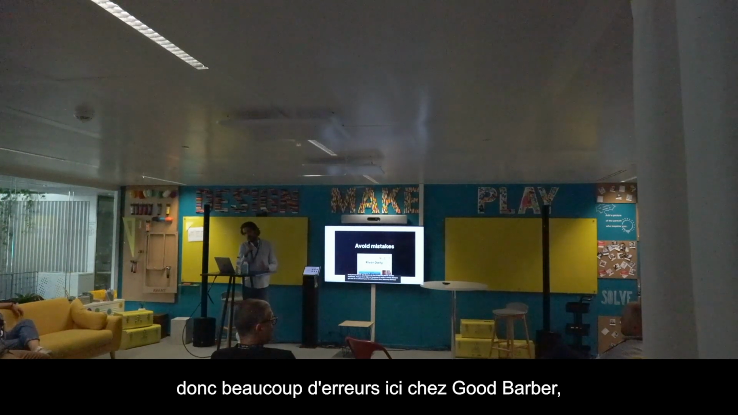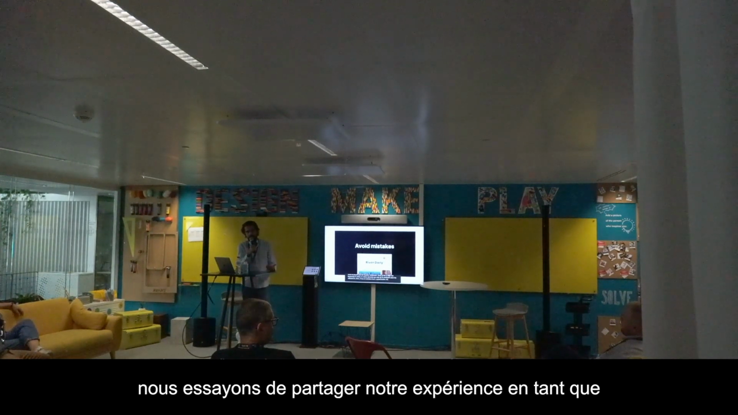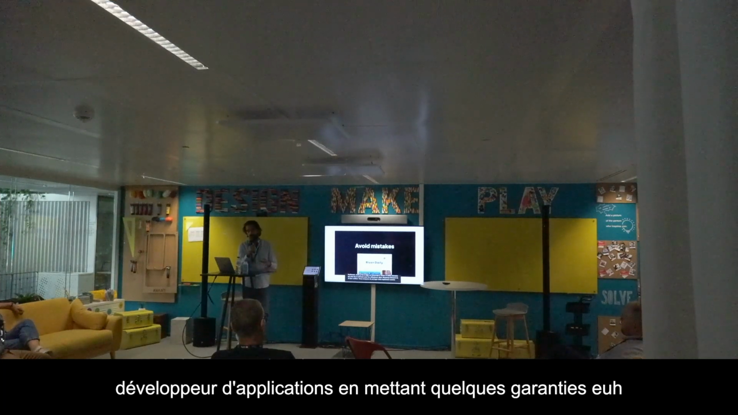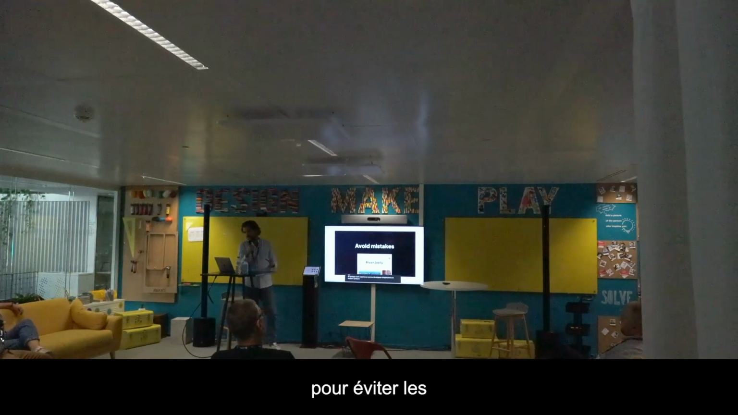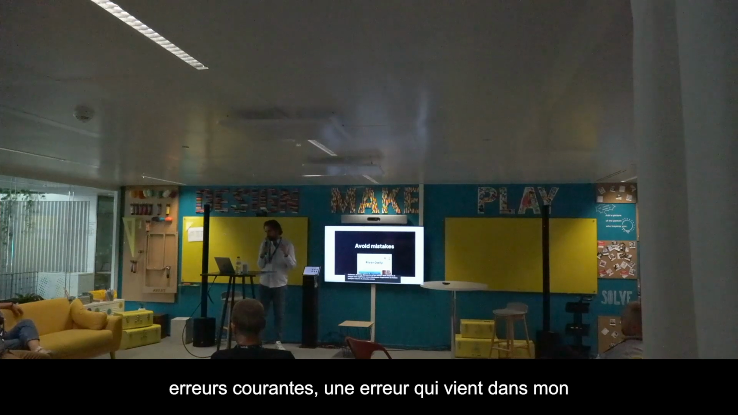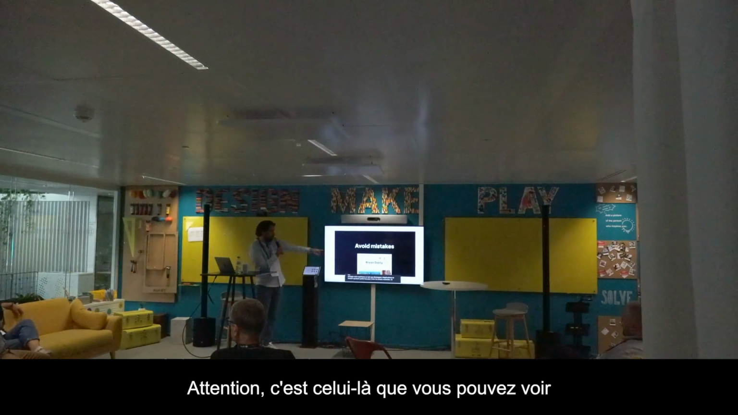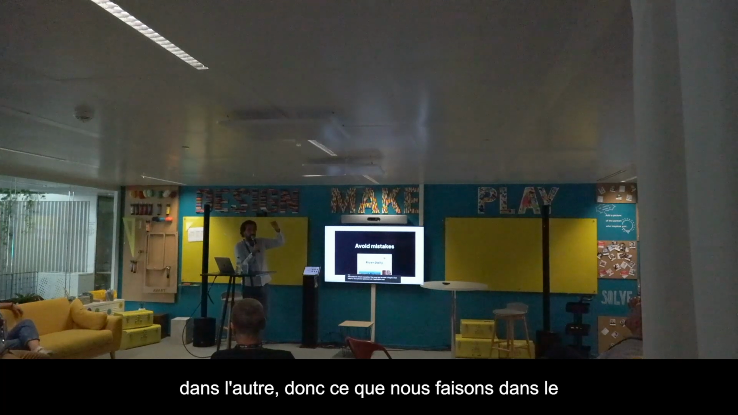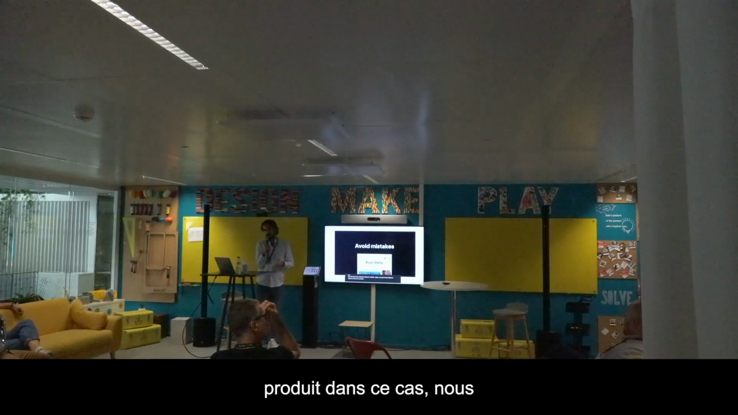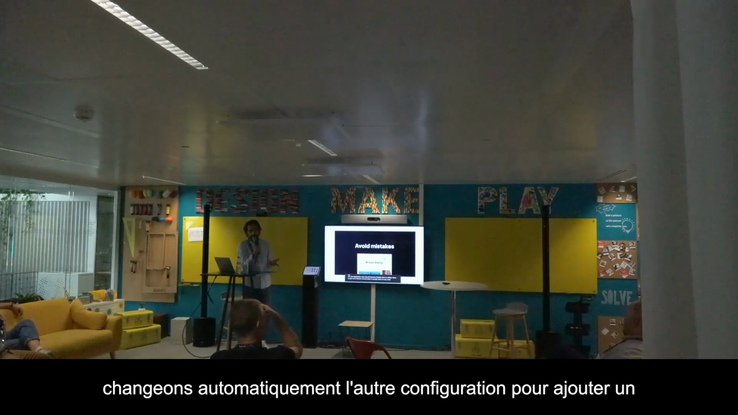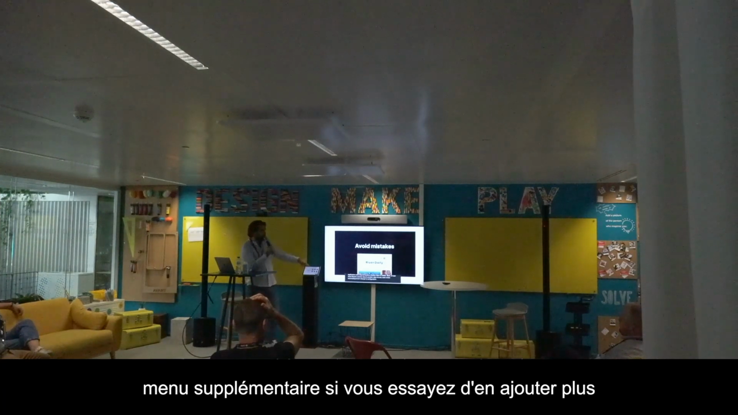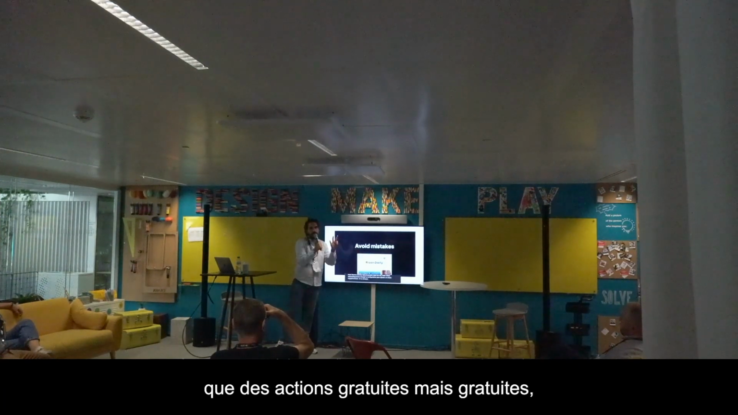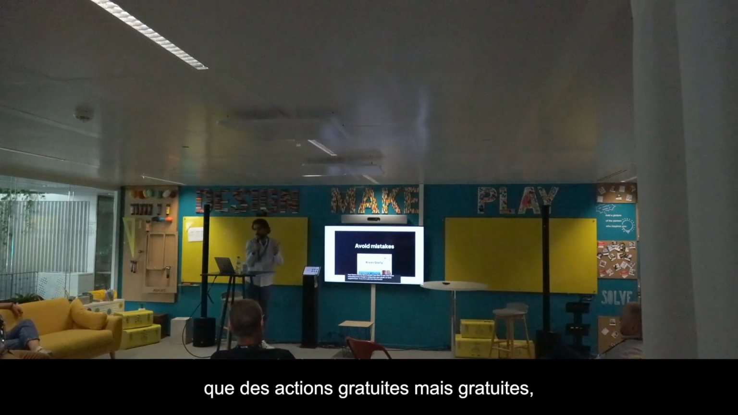Here at GoodBarber, we try to share our experience as apps developer by putting some safeguards to avoid common mistakes. One mistake that comes to my mind is that one. You can see applications with too many action buttons in the header. So what we do in the product, in that case, is automatically switch the header configuration to add an